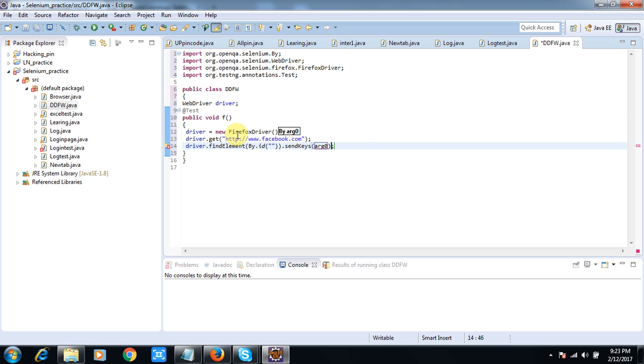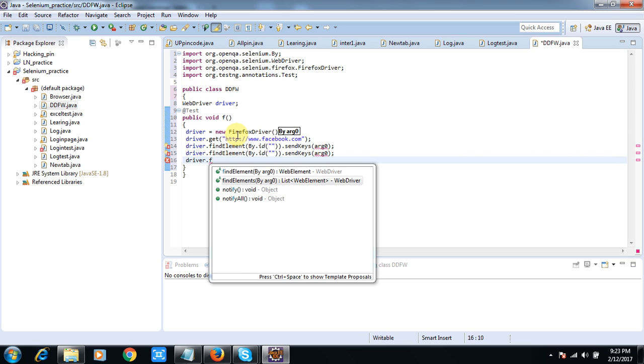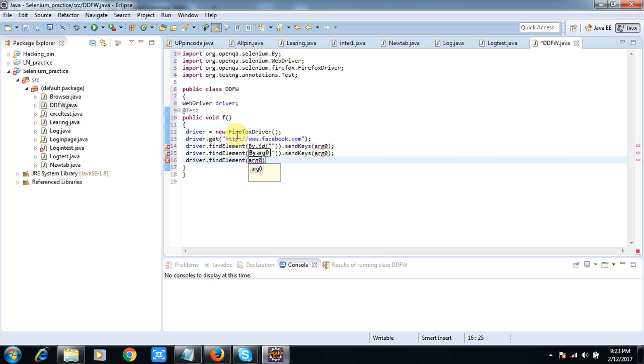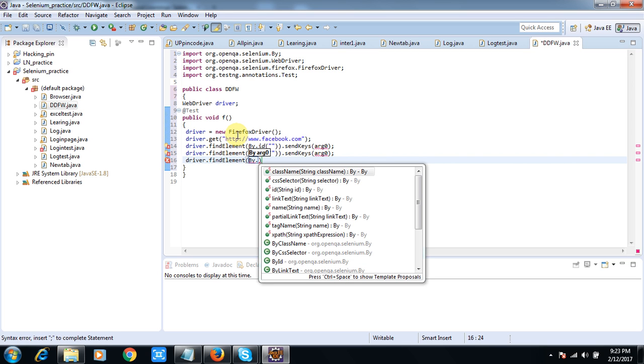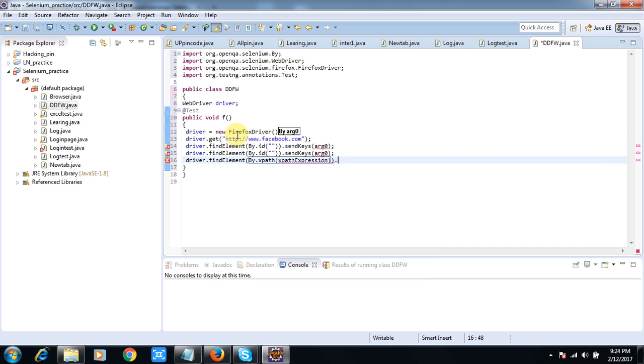I will do the same with my password: copy it, paste it, and then click the login button. Driver dot findElement by dot xpath, and then click on it, dot click.